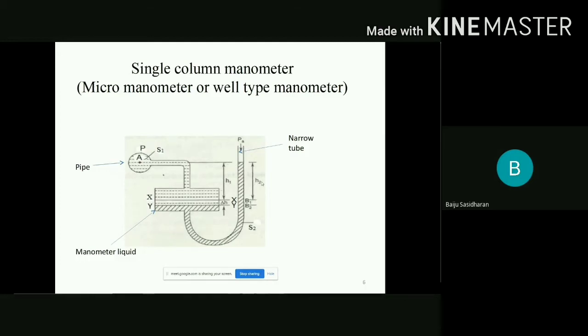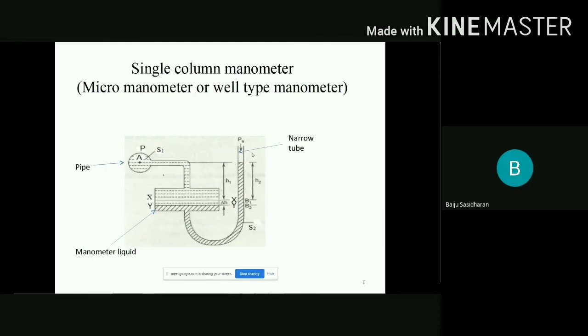In some cases, a question may ask you to find the value of delta h. In order to find the value of delta h, we have to equate the volume of fluid which is displaced. Say the area of cross section of this reservoir is P. Then P into delta h will be the volume. That P into delta h will be equal to, say, Pa, the area of cross section of the right limb.